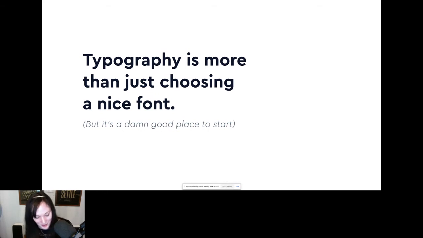But anyway, what I want to point out is just because we've picked a nice typeface, it doesn't mean the typography is finished. We still have some work to do. And the other thing that I wanted to touch on at this point is that I personally, most of the time now,